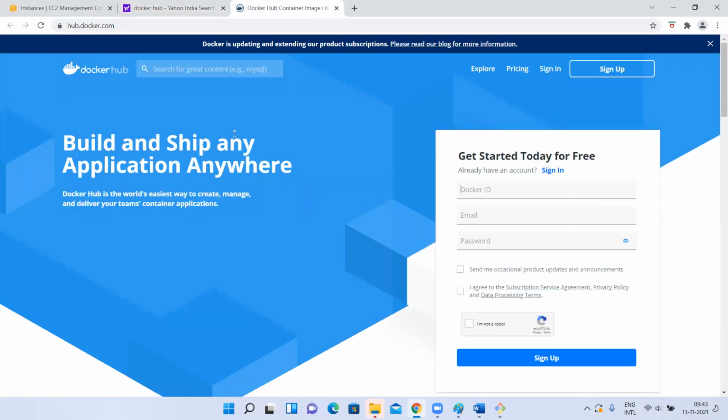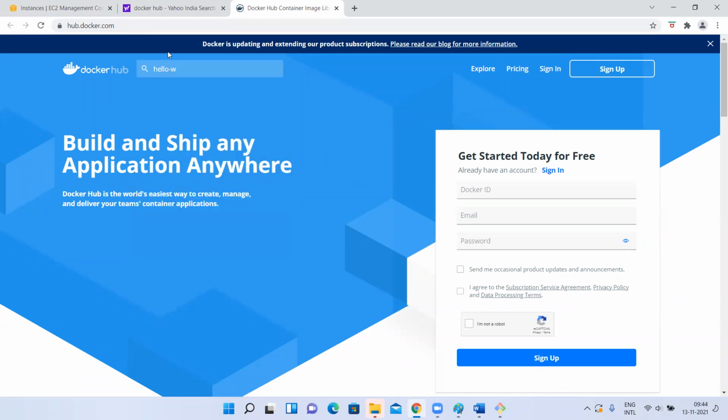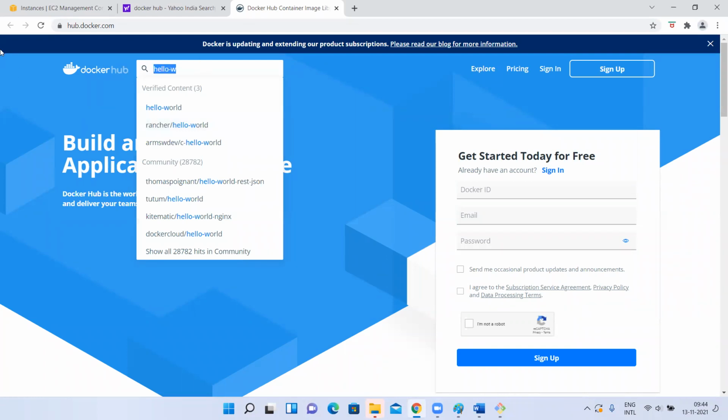Okay. So now I can search for images. Hello-world. So this is the Docker Inc. provided image, whereas these images are provided by someone else, right? They uploaded their images like us only. They signed up into Docker Hub and pushed their images. So we can blindly say if it has only an image name, it is a Docker Hub image. Whereas if you see a username, which we have seen, the Docker ID, this is nothing but a username. Docker ID/image name means user ID/image name. If you see that, it means a custom image, right? Okay, fine. There will be plenty of images, so you can easily identify which are which.